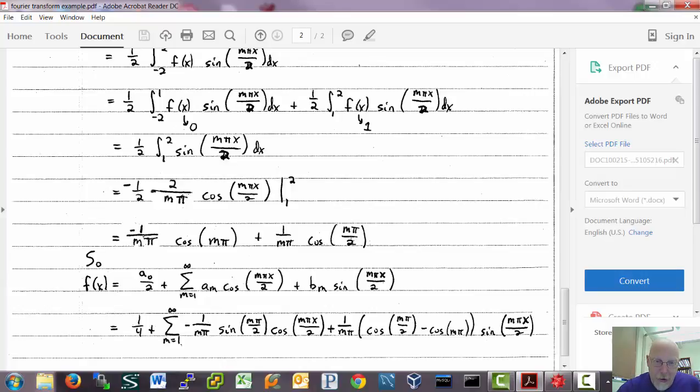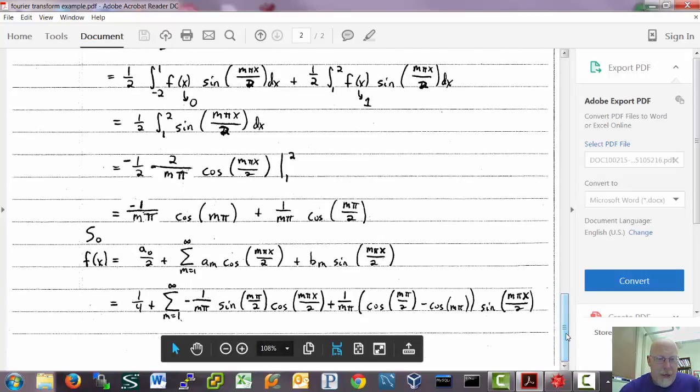M is 3, it'll be 0. M is 4, it'll be back to 1. So it's going to oscillate between 1, 0, and -1. All right, so now that we've computed those integrals, f then is, again, this is the formula for the Fourier